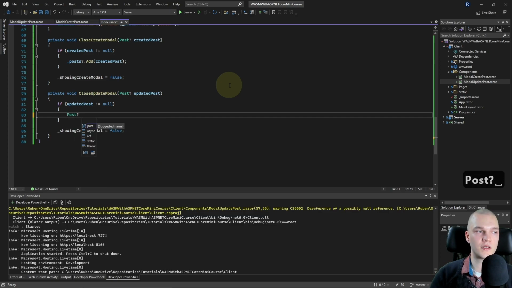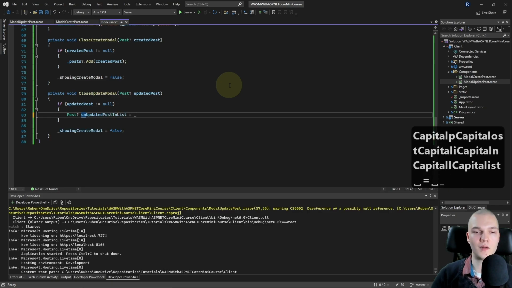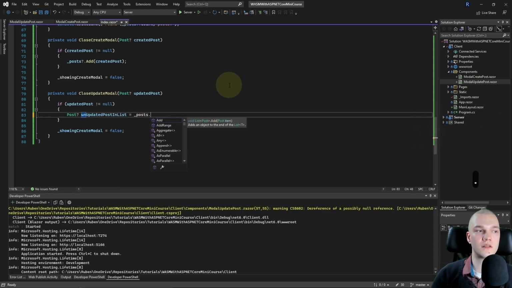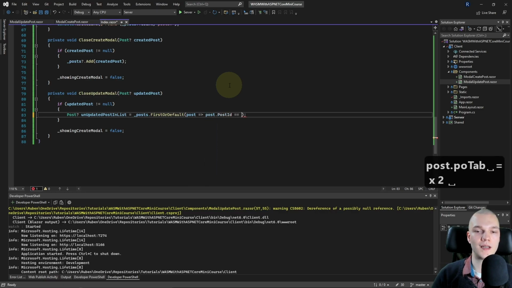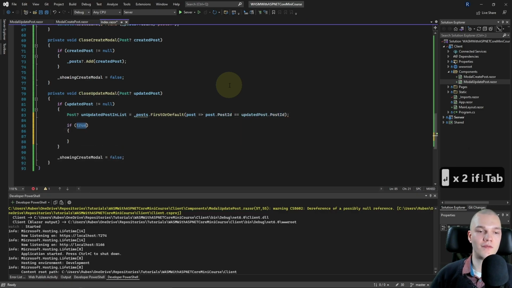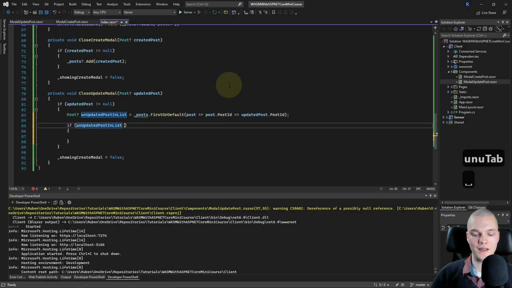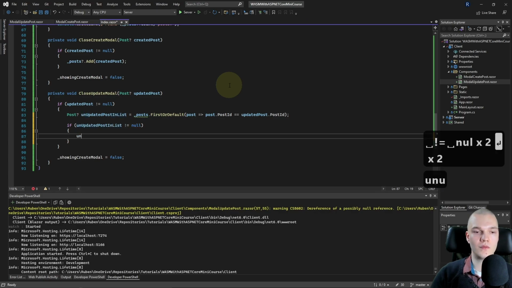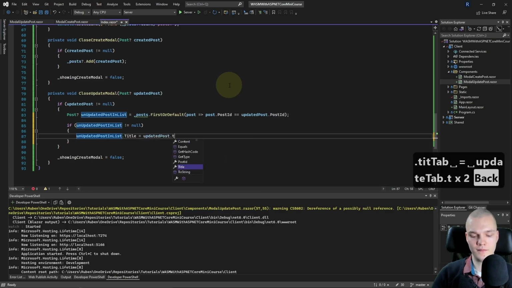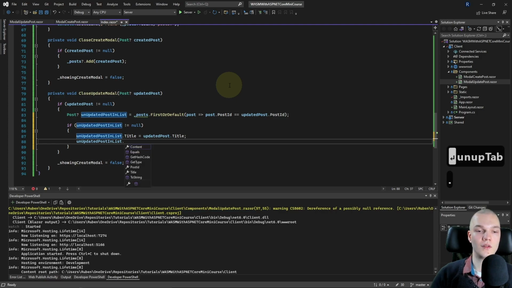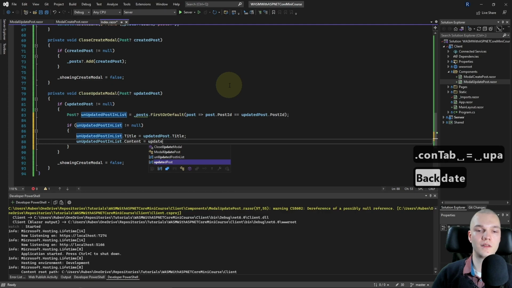So I'll do a nullable post and name that unupdated post in list equals, and we'll use LINQ, so underscore posts dot first or default, and for the lambda we'll do post, then an arrow, and if the post dot post id equals the updated post dot post id, and then we'll check if the unupdated post in list isn't null, we'll set the unupdated post in list dot title to the updated post dot title, and we'll set the unupdated post in list dot content to the updated post dot content.